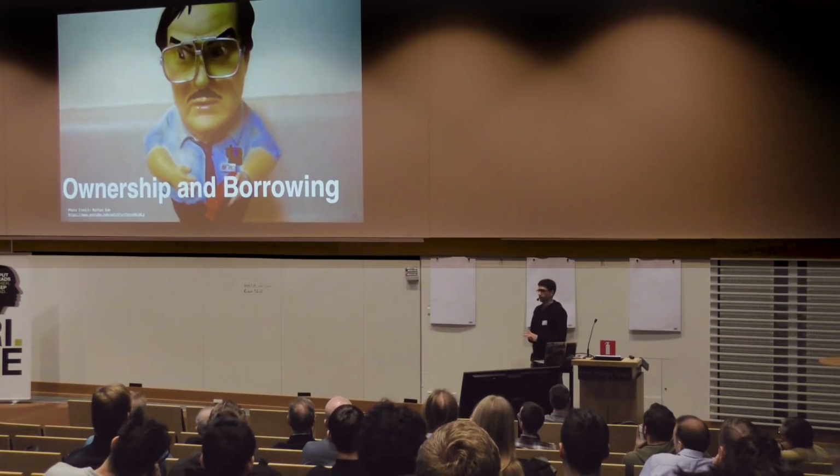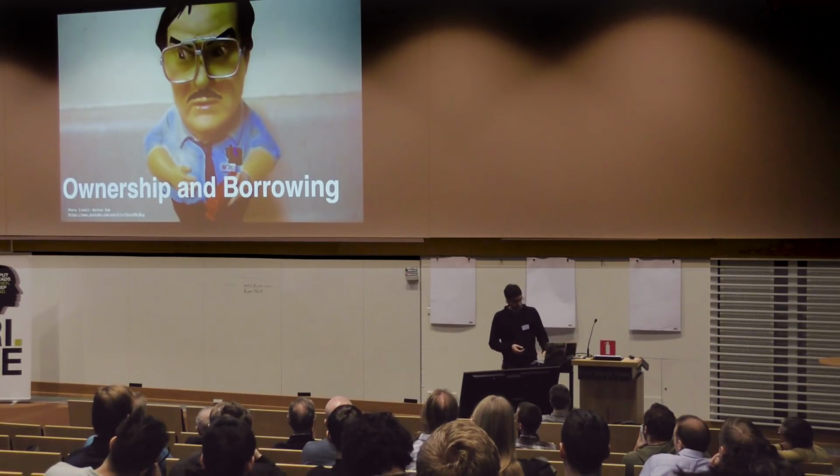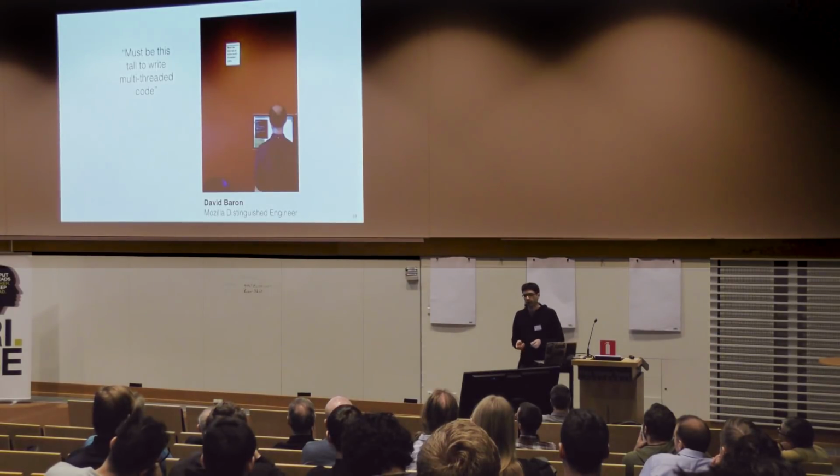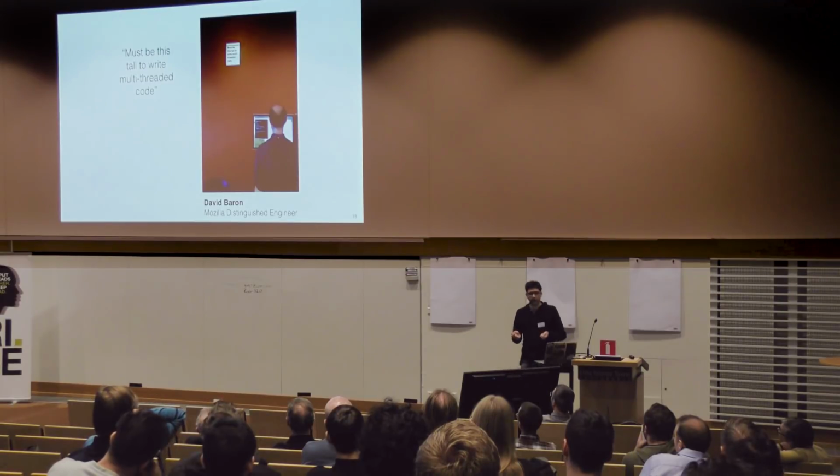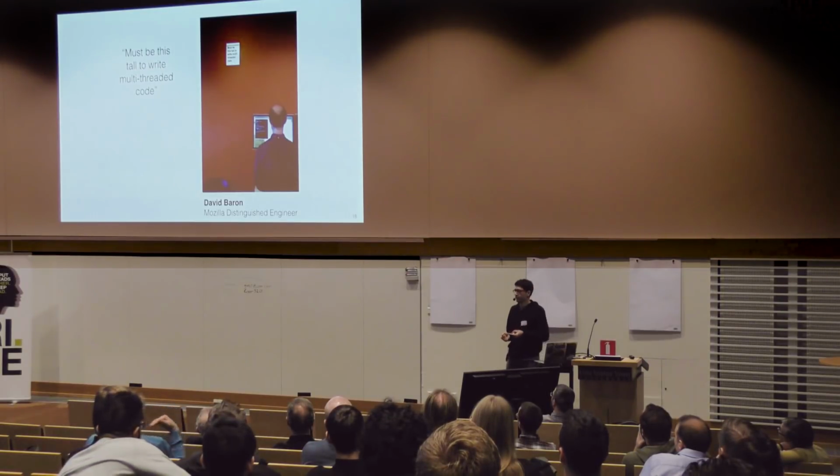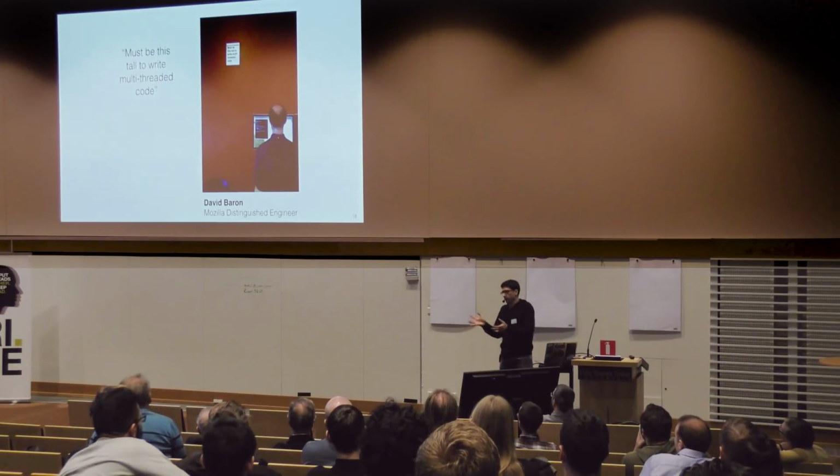So let's talk about ownership first. One of the surprises that came along the way from working on Rust is the way we handle parallelism. At first, we thought there's only one example of a language that lets you write parallel code that's not horribly bad, and that's Erlang. So we should clearly adopt the Erlang model 100%.